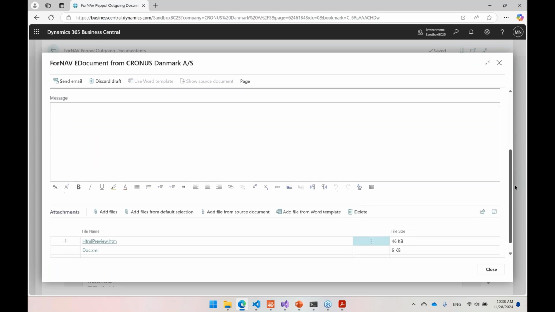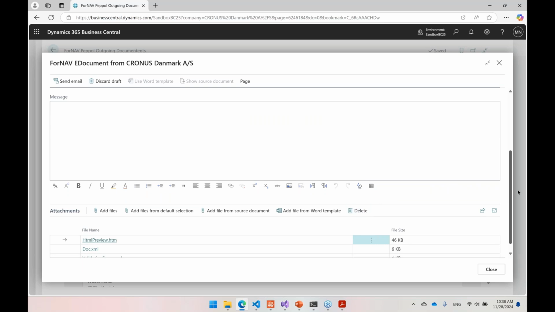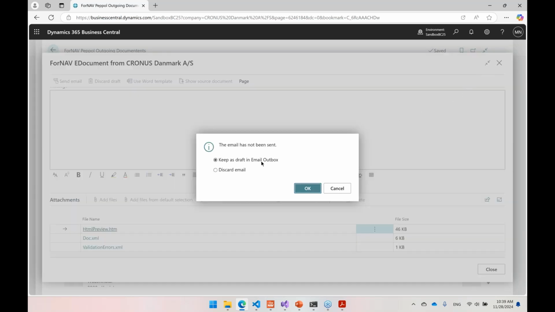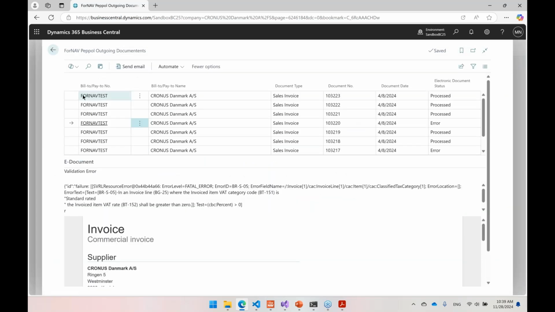So in here you can see I have the attachment, so I have the preview, I have the document I created down here, and I have the validation error. So this enables the end user to actually go in and send this document to you, and you can react and figure out what's wrong with the mapping or other issues in here. So this will make support also easier for you at your end without having to go online and look at the customer system. But all these small things we put in all over the place to enable this to be easier to use.